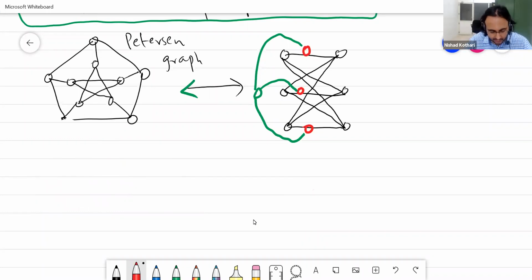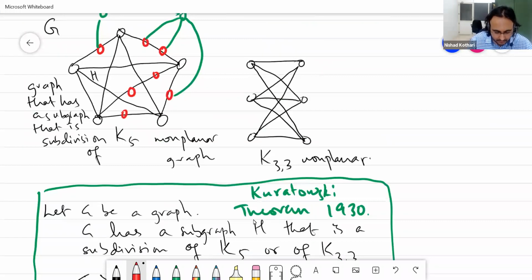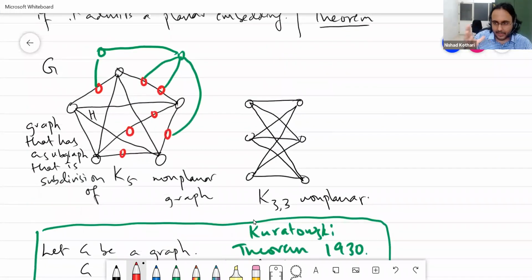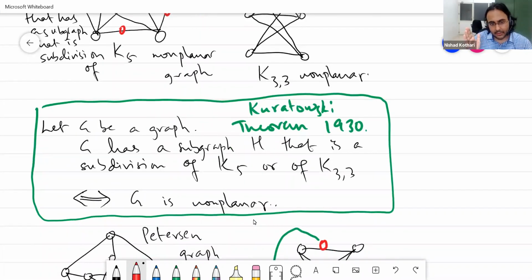Okay, so is everybody clear with Kuratowski's theorem? What we are saying is that if a graph is non-planar, then any subdivision of that graph will be non-planar. And any graph that contains such a subdivision will also be non-planar. So if you have a bigger graph that contains a smaller graph which is a subdivision of K5, then the big graph will also be non-planar because K5 is non-planar, right? And Kuratowski's theorem is saying that this is if and only if. Whenever a graph is non-planar, it's precisely because there is a subdivision of K5 or K33 inside it as a subgraph. And the example is here.